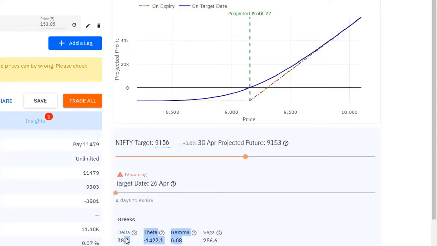The answer to that lies in this tiny little number you see here called delta. Now, delta is the change in your P&L on your option when Nifty goes up or down by 1 point. So let's make it jump 1 point, around 40 rupees. Let's make it jump down 1 point, around 40 rupees. Right, so this is delta, how much your P&L changes with every point change in Nifty. Right, so what does this 38.3 mean? This is something which we have to interpret first.